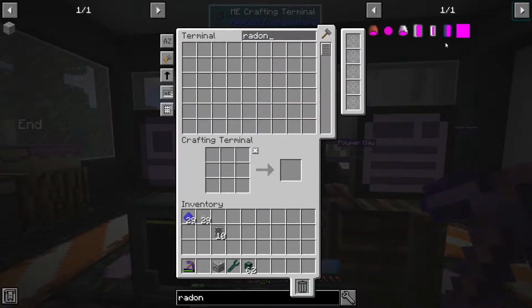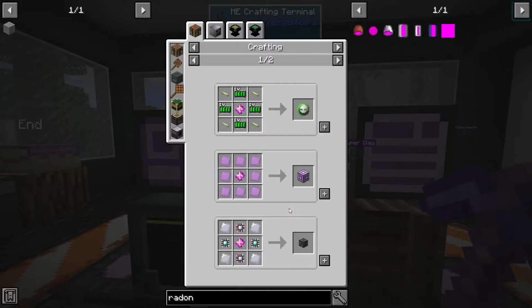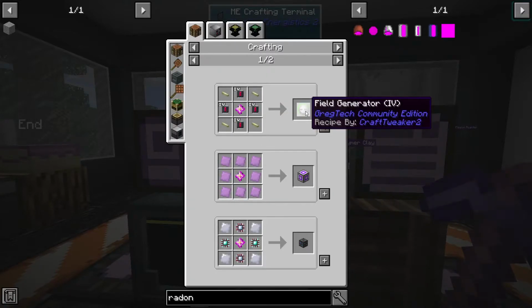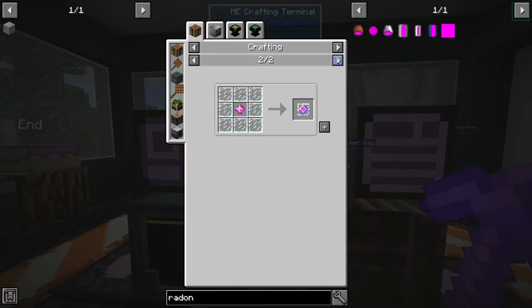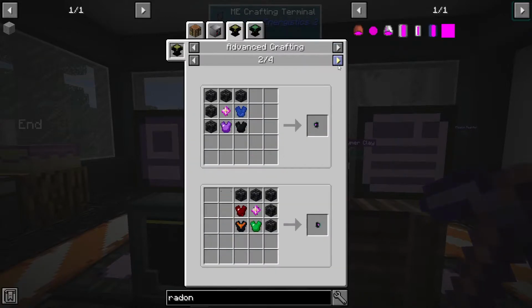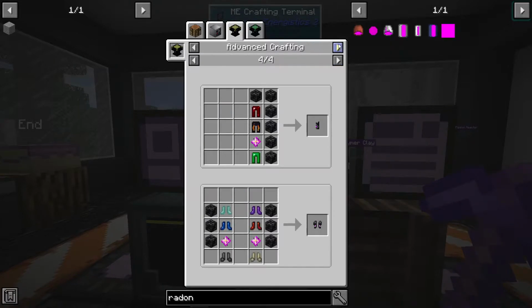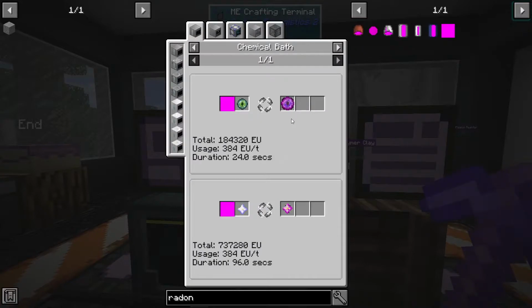I guess we can make... What do we need these for? Do we need lots of them? IV, matter condenser, quantum ring. We may want some of these things. End crystal. We'll need that. We won't need those. Those are not interesting to us. We'll need that. Okay, so I guess we want...